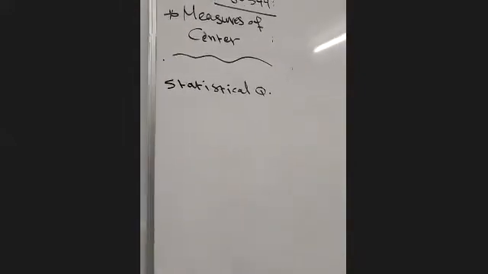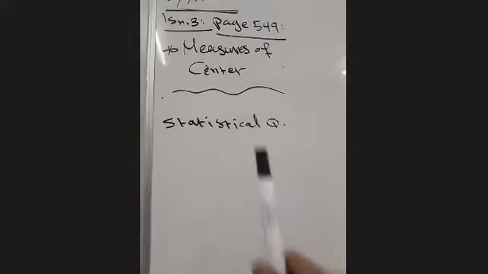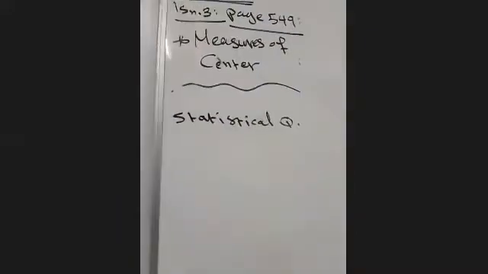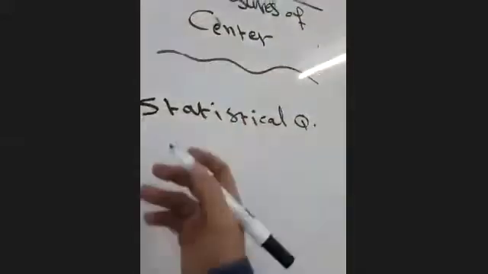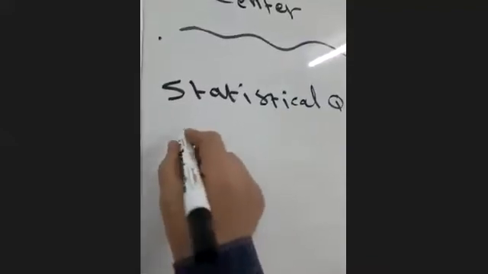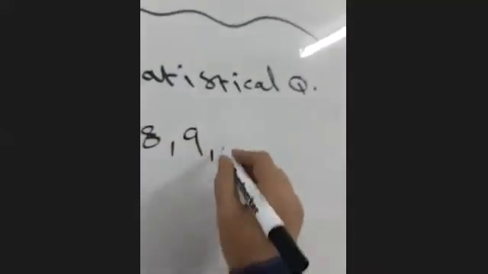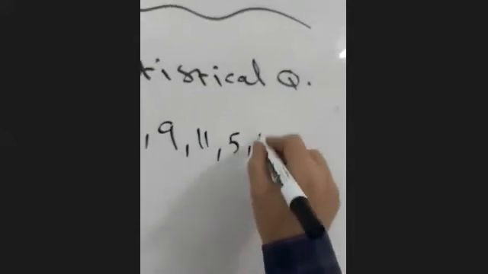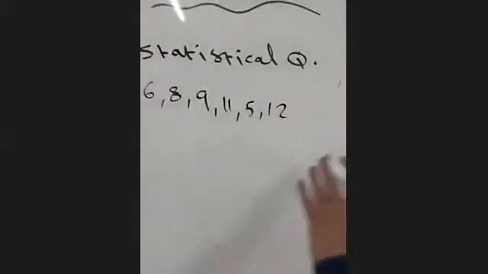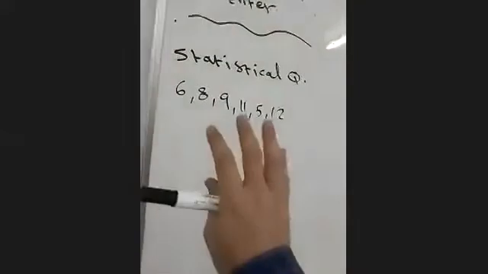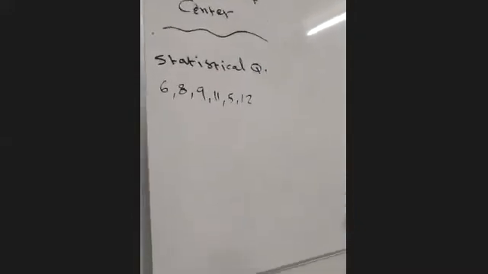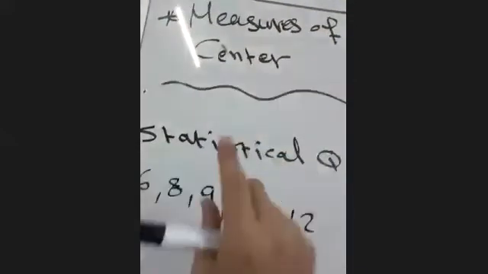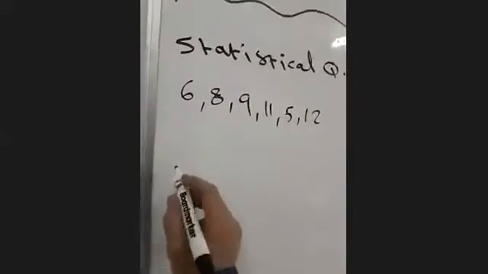Now, after you record the data, you can find measures for this data. So assume that we have the following data, like 6, 8, 9, 11, 5, 12. So we have this data, these responses, these numbers. Yesterday, you made them in tables, if you remember, and you did the homework. Now, today we'll find measures of center. We have 2 measures of center. We have the mean,